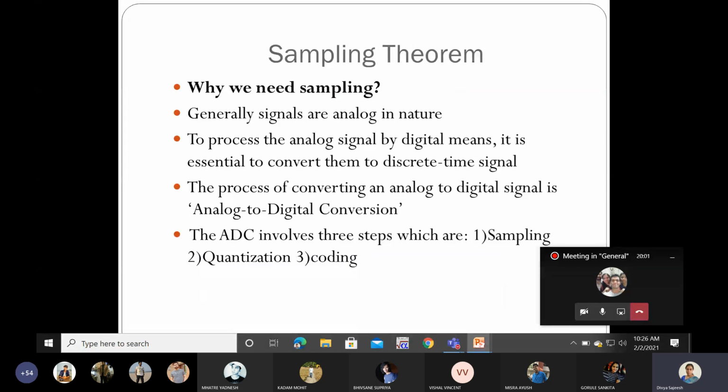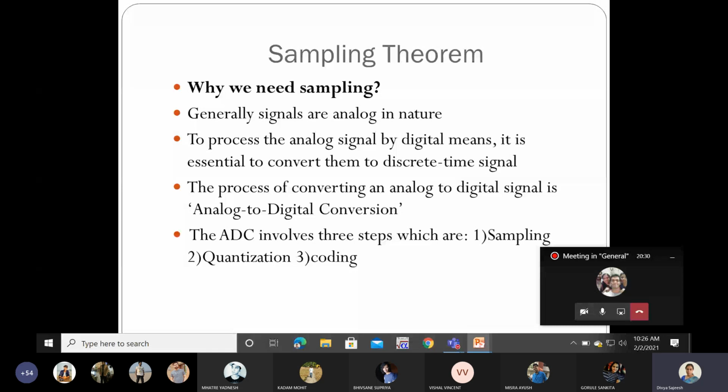Now let us come to the next topic. Next we have to study the discrete signals as well. So far we have analyzed only continuous time signals, whether they are periodic, whether they are even or odd, whether they are energy or power signals. We have done it only on continuous time signals. Now we have to do the analysis on discrete time signals also.